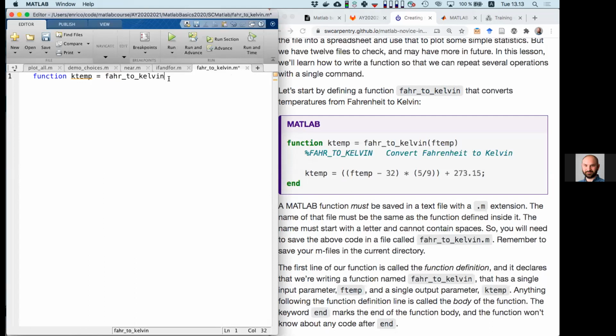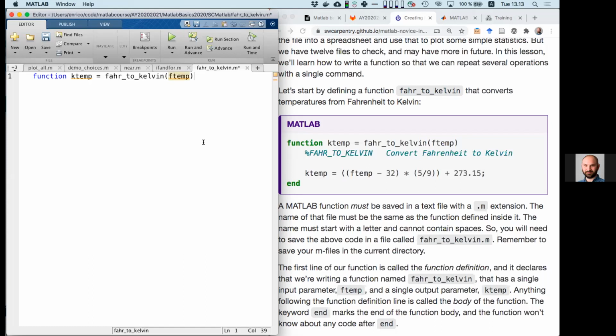There might be other sub-functions inside the script, beyond the scope of our Matlab Basics course, but basically we're writing a function with the same name as the script. Now this function wants to have an input parameter, ftemp,